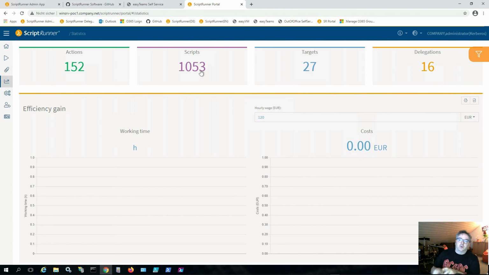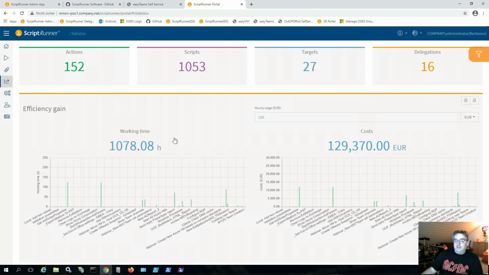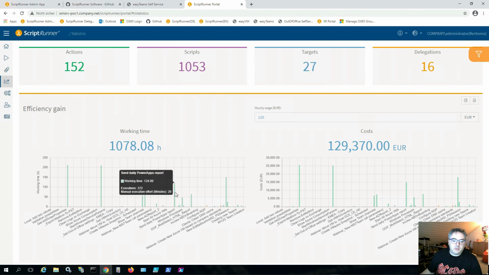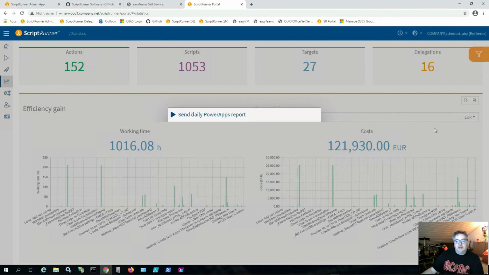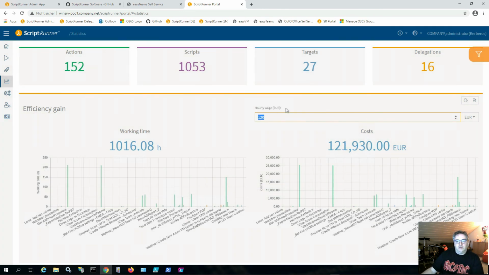For each task, you can configure what is the time that you saved for each process. So you could say, okay, there is a process and I'm saving 10 minutes compared to the manual approach. And you can also configure what kind of hourly wage is fitting to your organization, and that gives you a nice overview about the